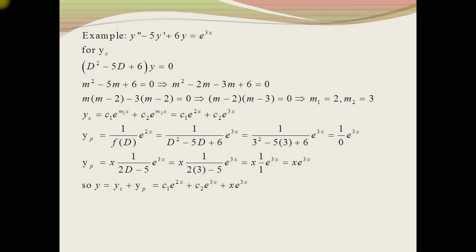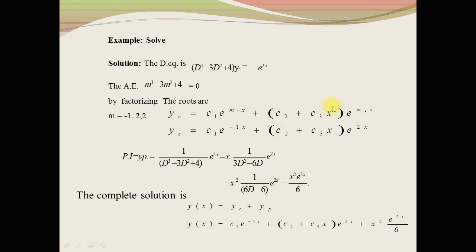For the homogeneous equation, we have to find only the complementary solution, and the complementary solution depends on the nature of the roots of the auxiliary equation of the differential operator part. When the roots are real and unequal, the complementary solution will be in this form: c1 e^(m1 x) plus c2 e^(m2 x) plus c3 e^(m3 x), and so on. And when the roots are real and repeated, the complementary solution will be in this form: c1 plus c2 x plus c3 x squared, and so on, times e to the power of the repeated root.